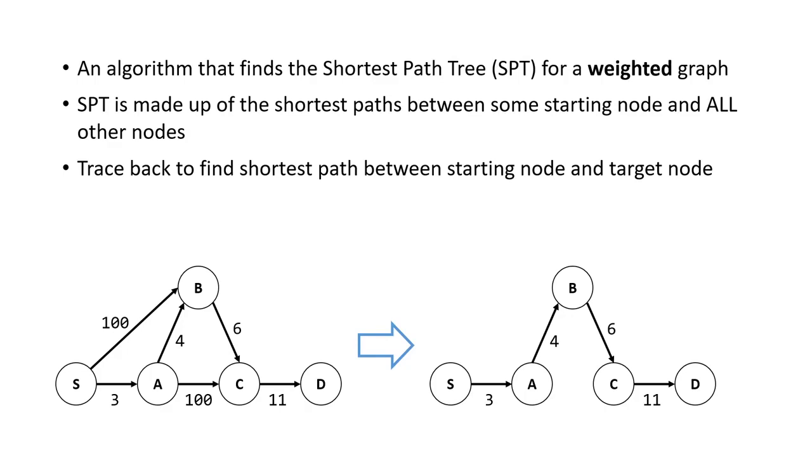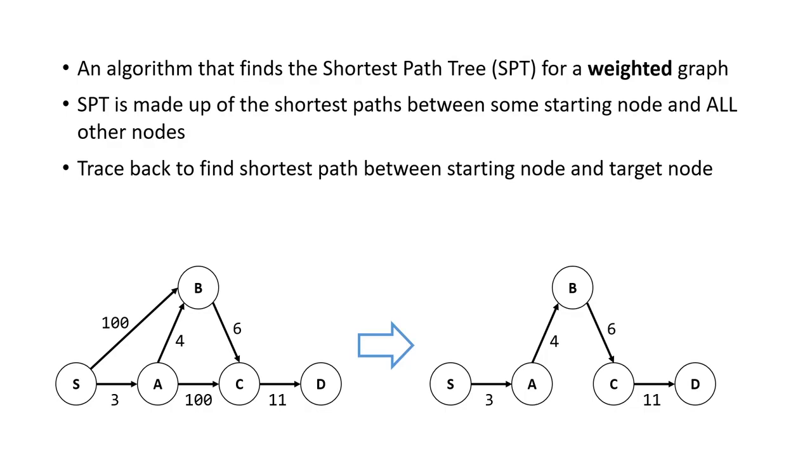nodes. So if you look at the diagram on the bottom, we have some graph, and after running Dijkstra's, we will have this tree with a reduced amount of edges where from our source node S, we can get to any other node and it's guaranteed to be the shortest path. If we want to find the shortest path between a starting node and a target node, for example, S to C, we can just go to C and then trace back the edges to S and we will find our